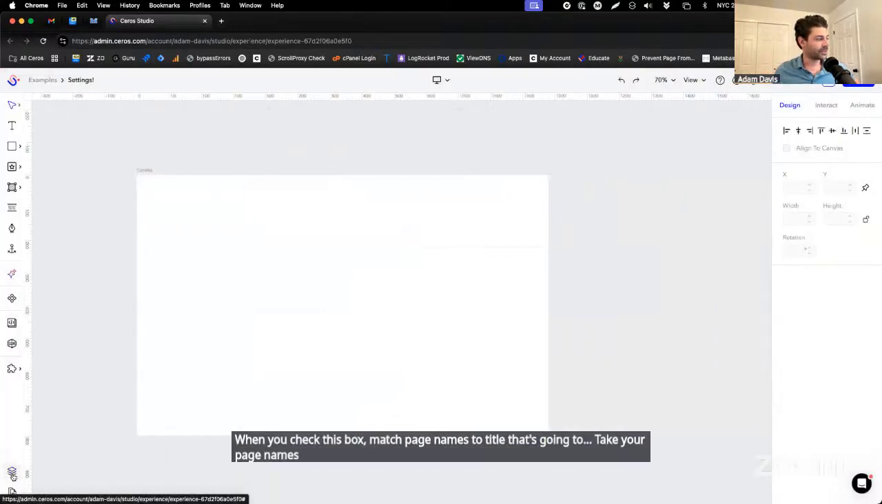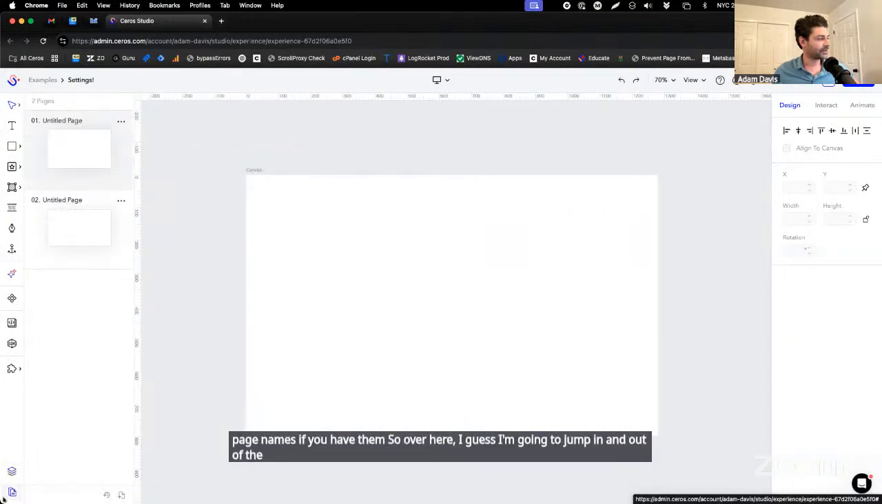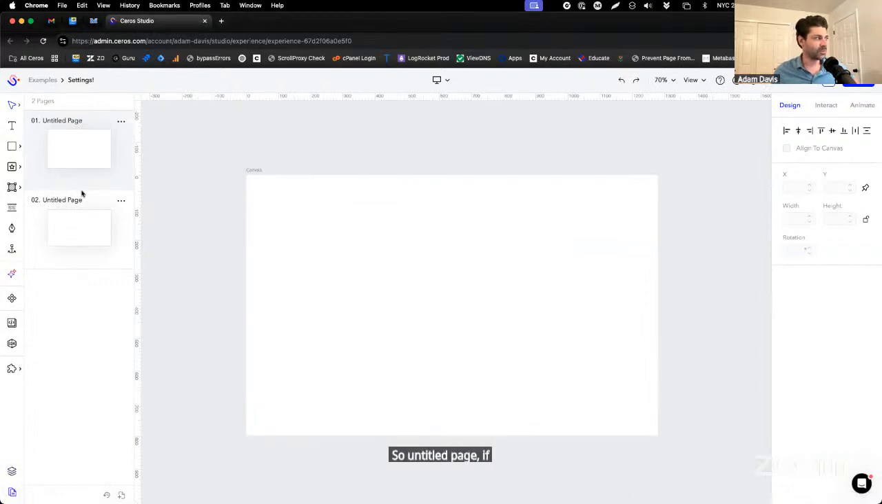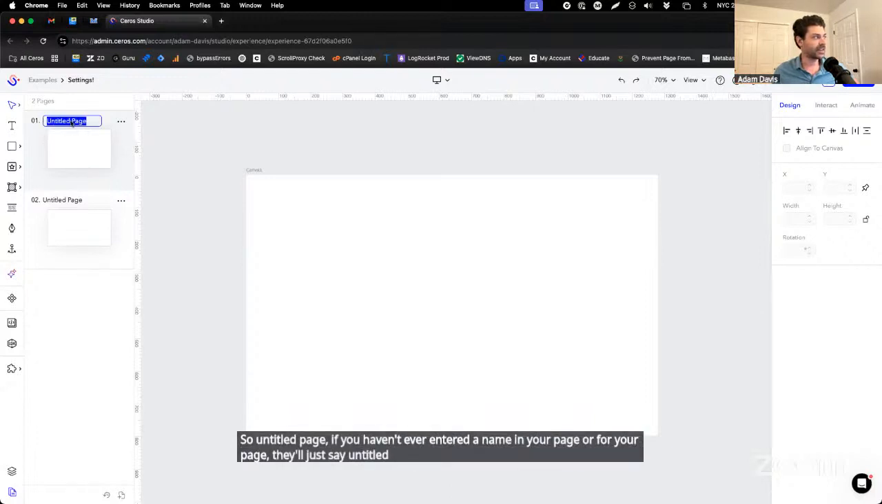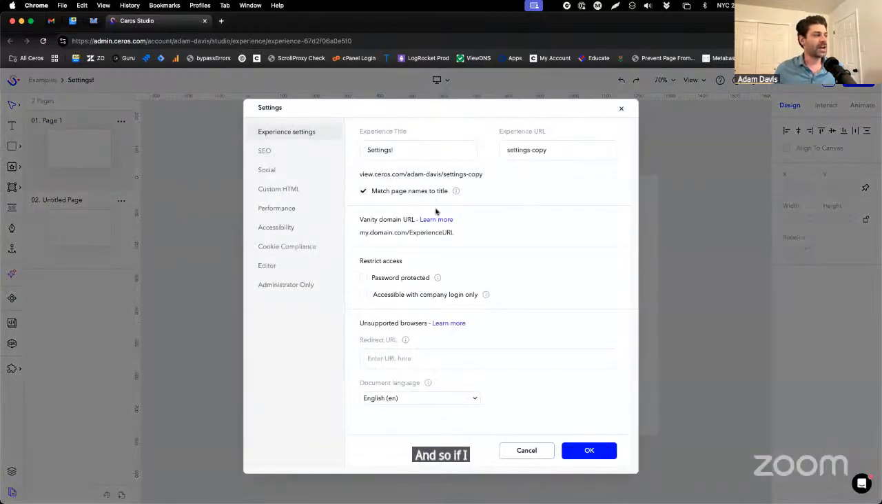Over here, I'm going to jump in and out of the settings panel a little bit. So untitled page: if you haven't ever entered a name for your page, let's just say untitled, and you won't see anything. If I say, I don't know, I can just call it page 1, right? I can type page 1 in there. And so if I were to check this box, match page names to title,